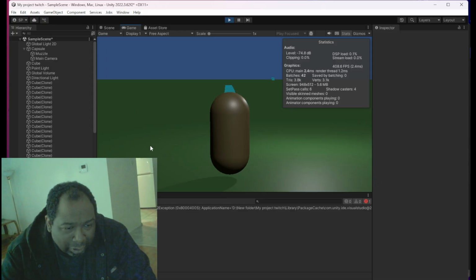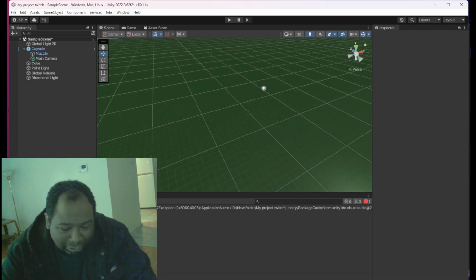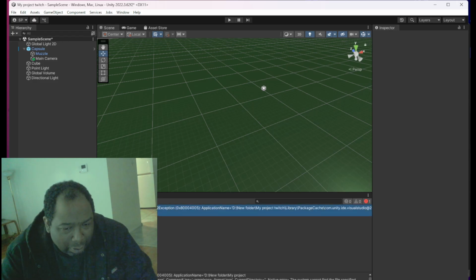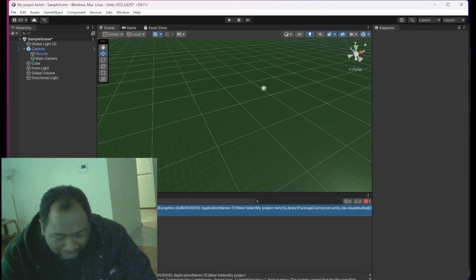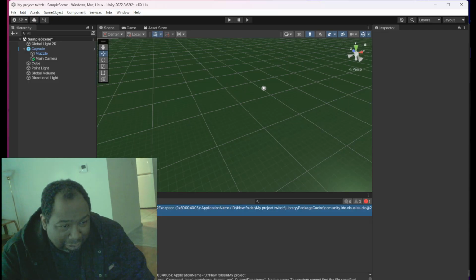Like I said, this stop sign. I hate having these stop signs in there. There should be no stop signs. Like I said, it's something non-functional. It's an editor problem and has nothing to do with the game, but it's the communication with Visual Studio, that you can't find Visual Studio for some reason. It's one of those things.